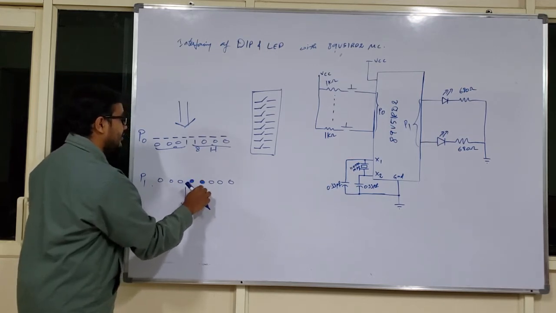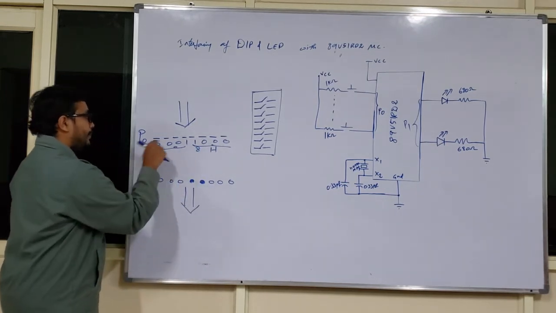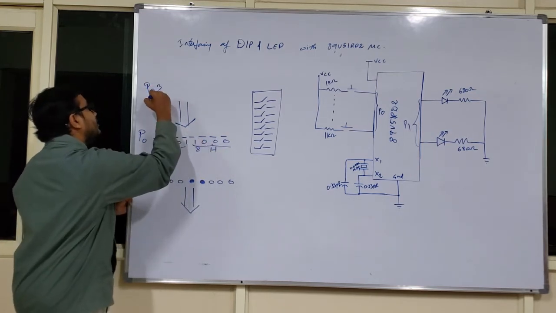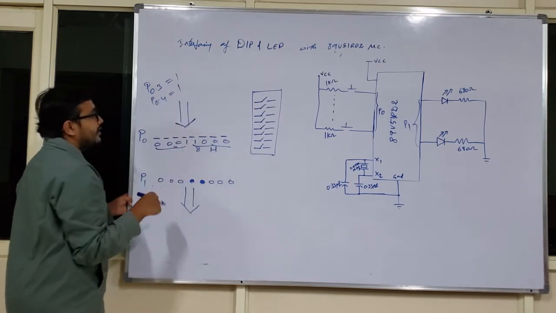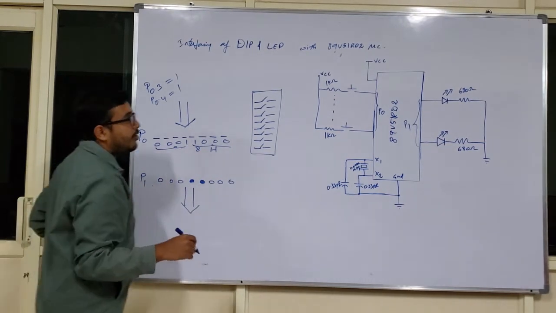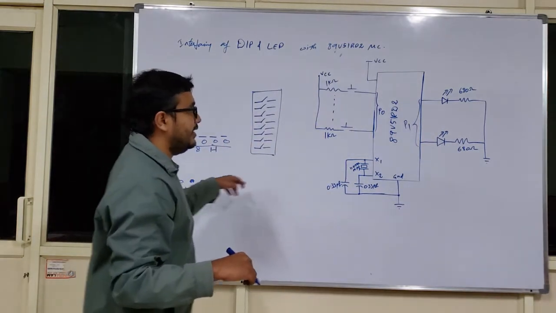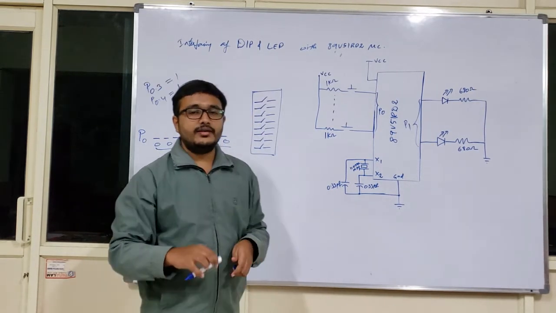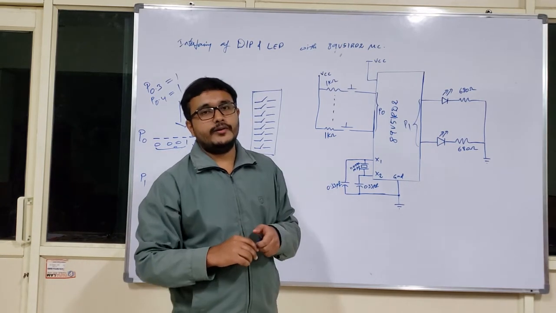That means these 2 LEDs will become on, because there is a one-to-one mapping: P0.3 and P0.4 are equal to 1. These are the inputs you have provided by the DIP switch. Among all your 8 LEDs, the 4th LED as well as the 5th LED will be turned on. This is about DIP and LED interfacing. Okay, let us move to the hardware, and thank you for the day.